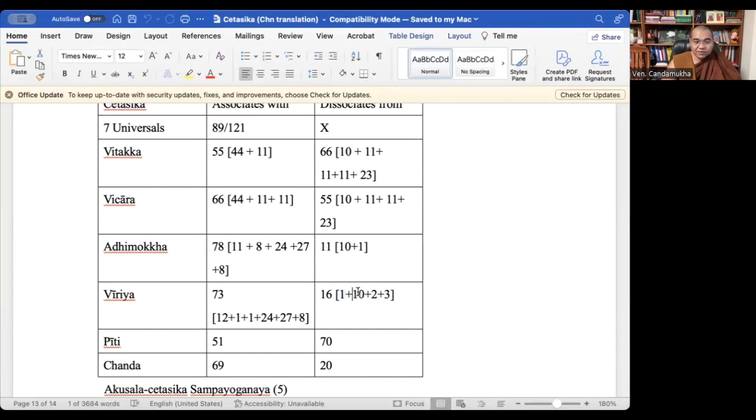And also Dvi-pancavinnana, like eye consciousness, ear consciousness, and so on. Also 2 Sampaticchana, receiving consciousness, and 3 Santirana, investigating consciousness. They naturally happen whenever there is an encounter with the object. So that's why these Cetasikas do not need the Viriya. They are effortless consciousness. They are rootless as well as effortless consciousness.